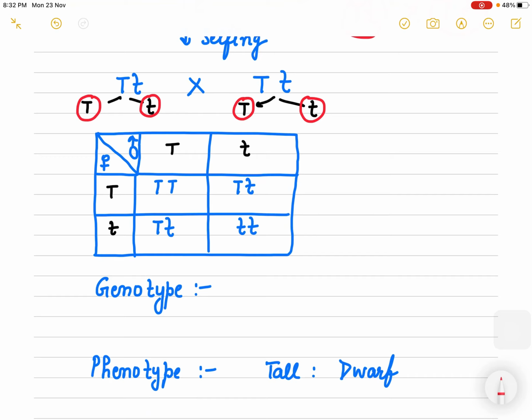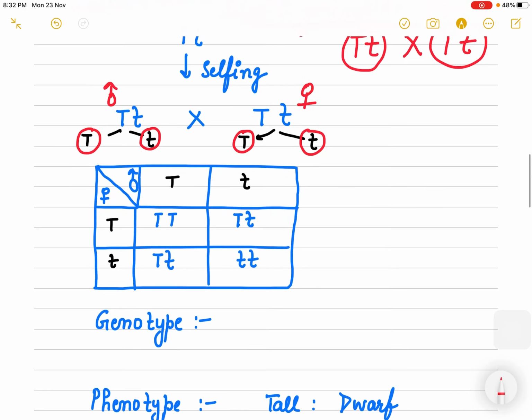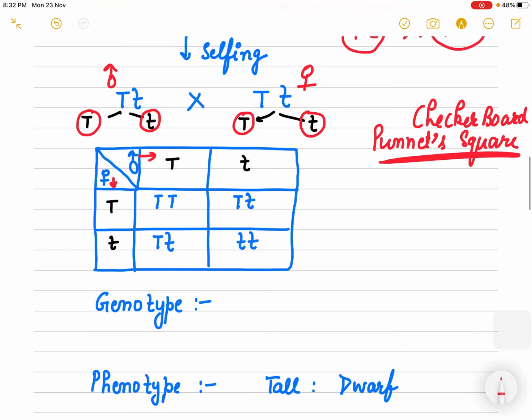So now for the gametes, write down, suppose this is the male and this is the female, right? Both are the same, but here we are writing the male and here we are writing the female. We are making this checkerboard. This is also known as a Punnett square, because this was given by a scientist, Punnett. Now you have written your gametes, and what other gametes can be made from this? Are there any other chances? No, they have only capital T small t. So two gametes here, and here also two gametes.